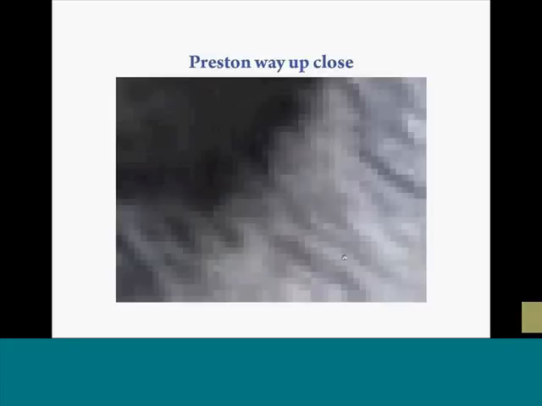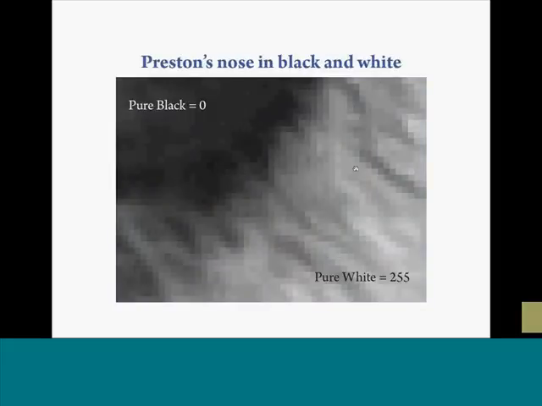In fact, this is still in color, and I'm just going to drop out all the color here to show black and white. One of the pieces of data that each pixel contains is a value that ranges from 0 to 255 to describe the brightness of that photograph. 0 is pure black. 255 is pure white.